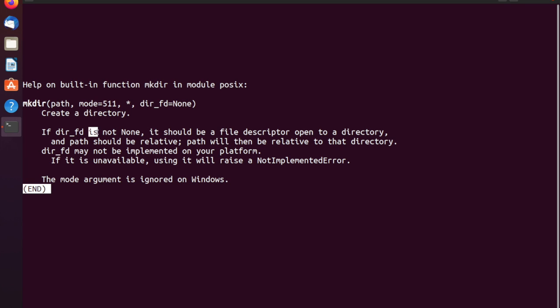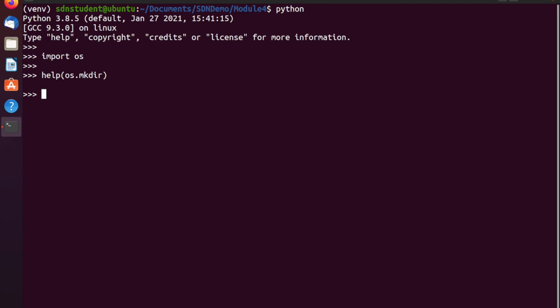The drfd is not none. It should be a file descriptor open to a directory, and the path should be relative. Path will then be relative to the directory. Okay, so all that is a bunch of high-tech talk that's saying you can add in the path of where you want to make this directory, or by default it's going to use wherever we are. So we'll do os